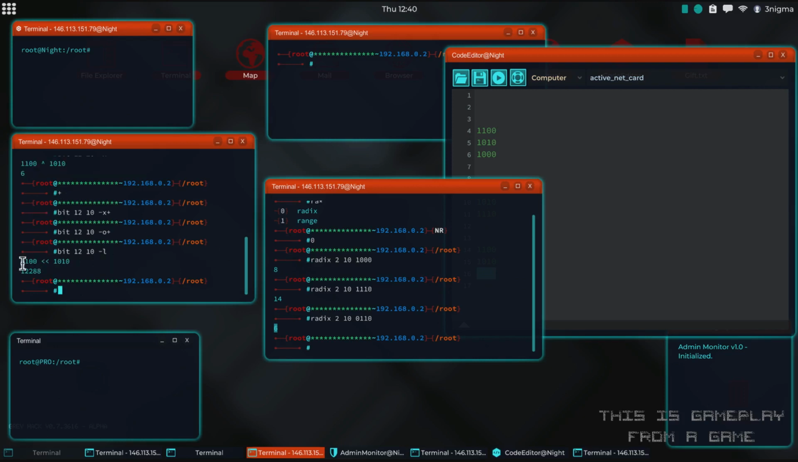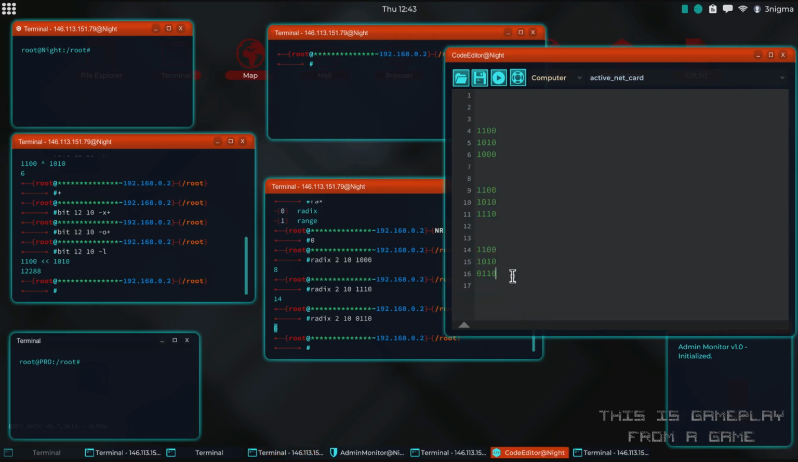So what it does is it takes the number 1100 and shifts it a certain number of spaces to the left. Let's just show what that looks like. This is kind of the rule here. So for this, we have this number,